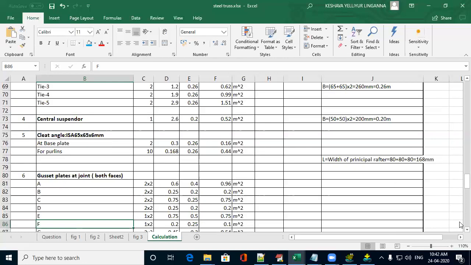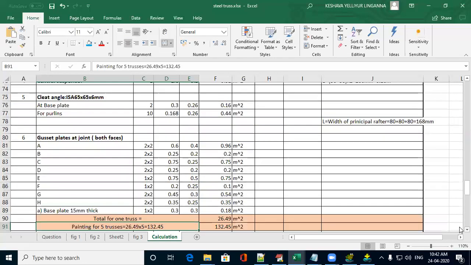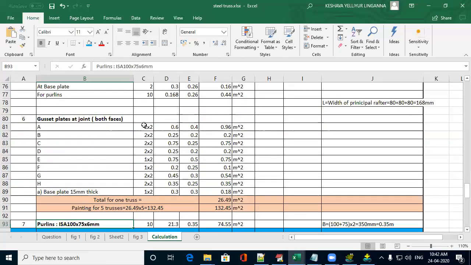Similarly, for the gusset plate, you can see that the numbers are this. All the numbers are here. All these things are multiplied with the 2. You have to observe this because of 2 sides you have to paint. The gusset plate should be painted on 2 faces. All the numbers are taken from the above table and all these numbers are multiplied with the 2 because of 2 faces. Here I have mentioned both faces. And these dimensions are taken from the diagrams or from the above steel quantity table. So if you multiply these 3 columns, you will get these areas.